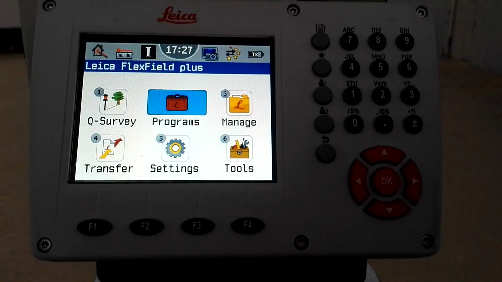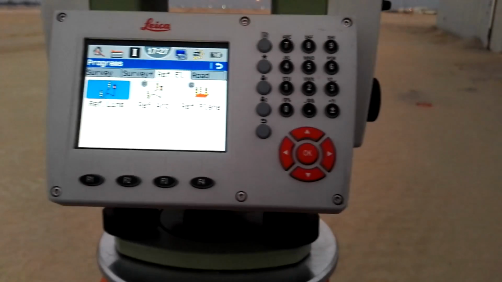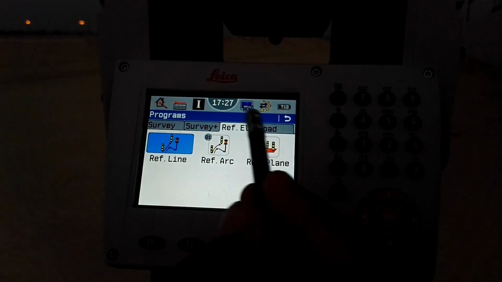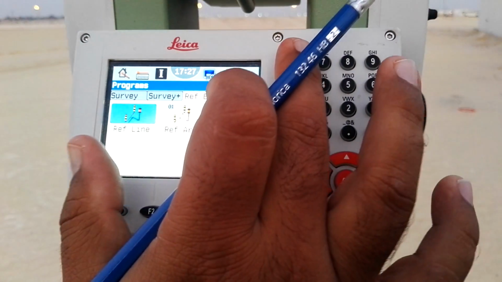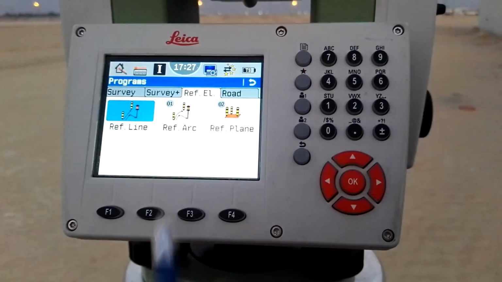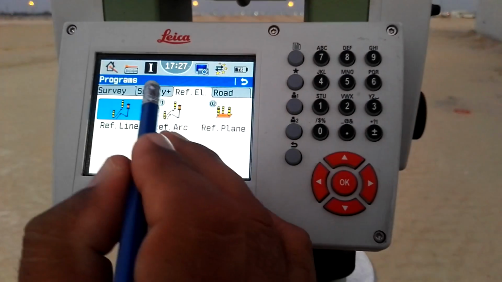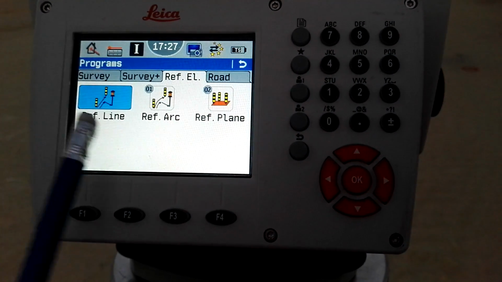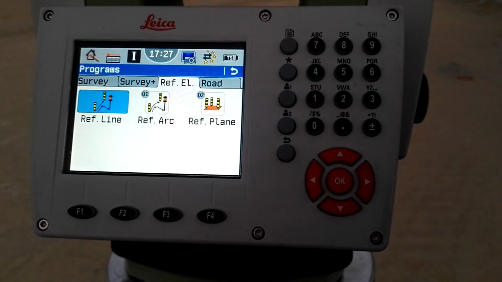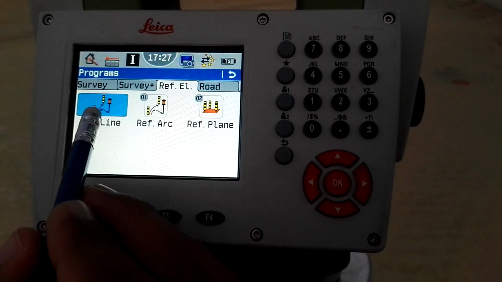So here I have Program. I'll go to Program, and there I have four options of pages, which I explained already in my previous video. We can change from here, and whatever we require we simply click on the reference page and it appears on the display. The reference line is the first option.